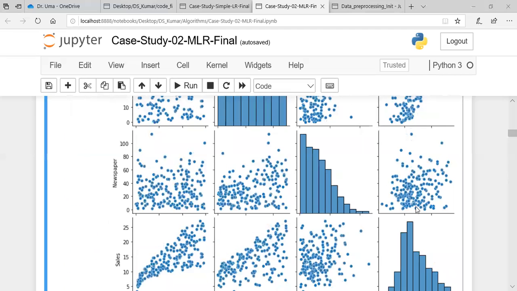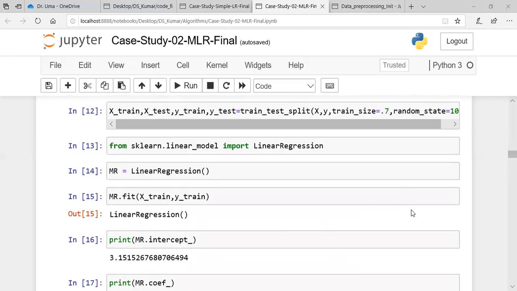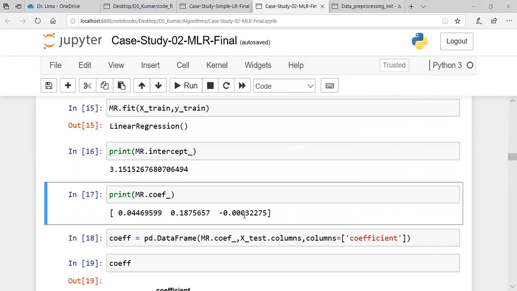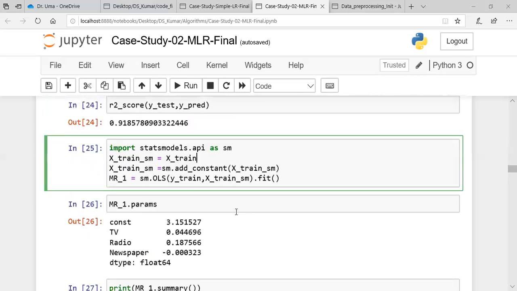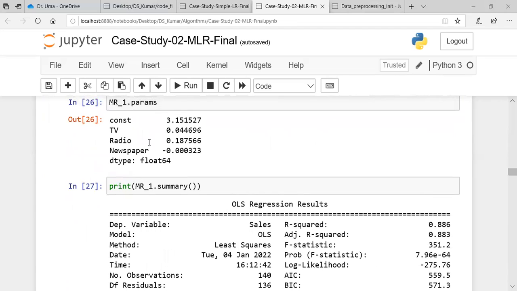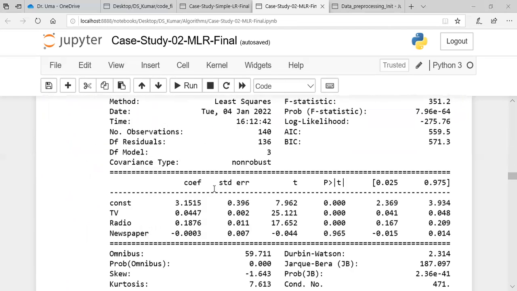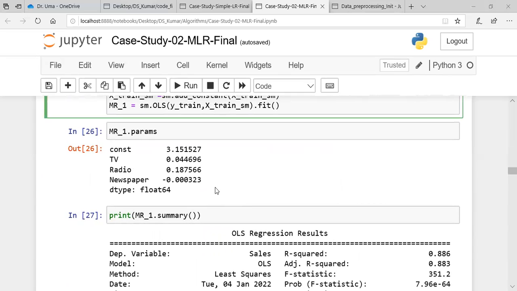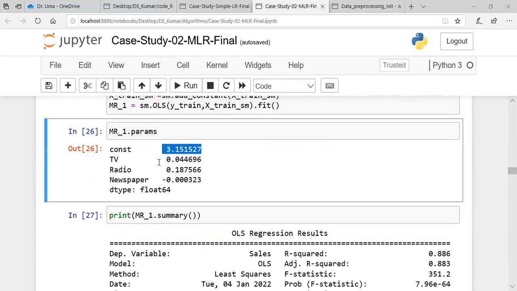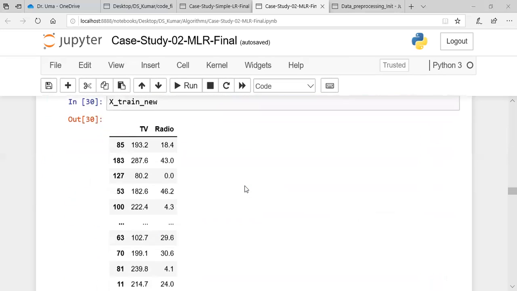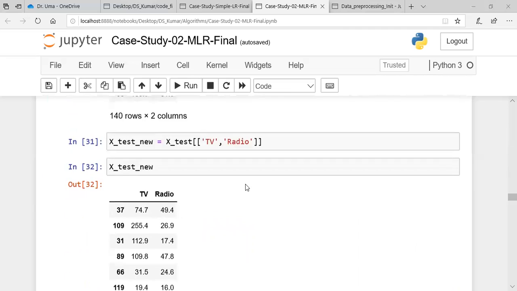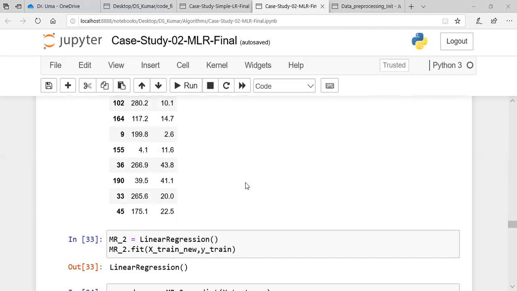The very first thing is your visualization. The second important thing is the help of your coefficients, especially in the case of regression. And the third point is statsmodels, because it also gives parameters: the constant along with all the coefficient values, all the parameters. Based on those things we are able to remove the newspaper, and to compare, friends, if I have newspaper, TV and radio, what is my R square